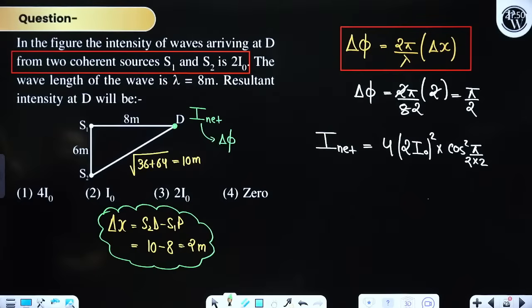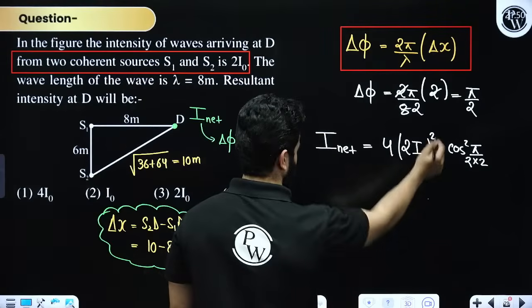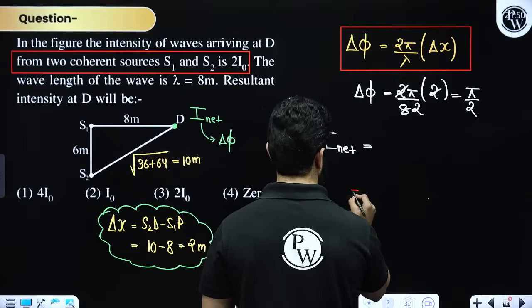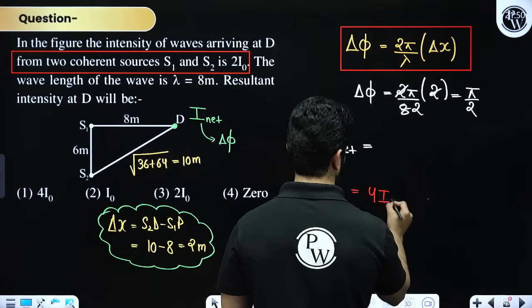Yes, so that's what they are saying. This is I0, this is 2I0 and this is 2I0. Okay, fine. If we are going to check this, if you are not going to use this, and we are going to write down 4I0